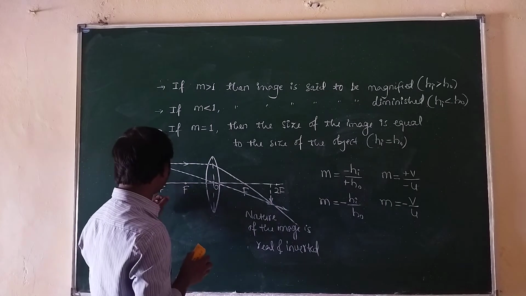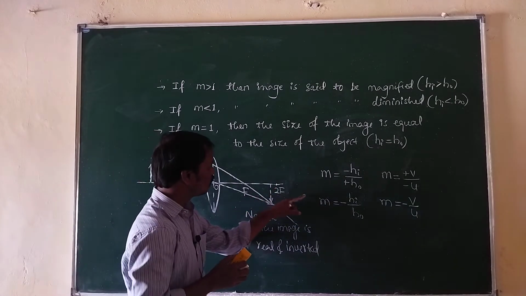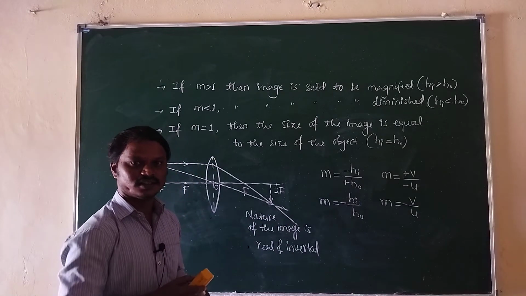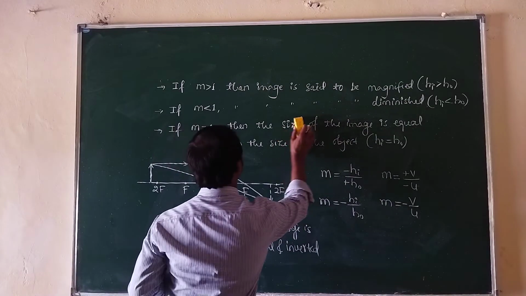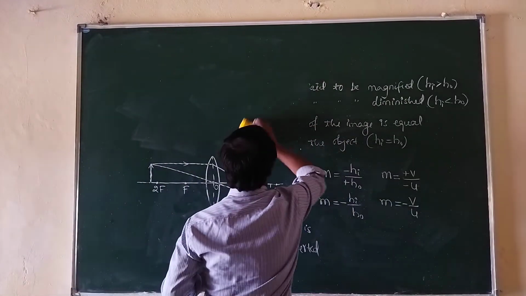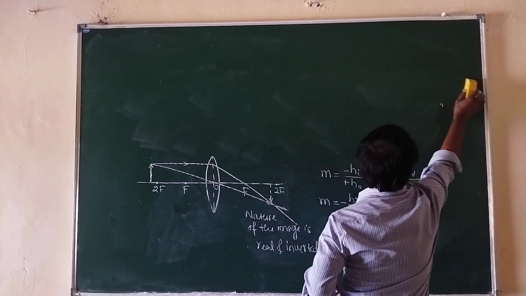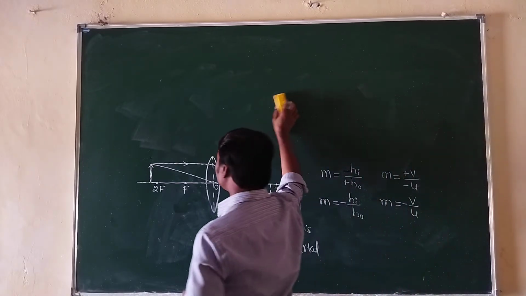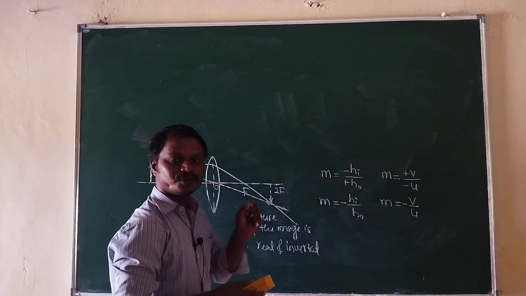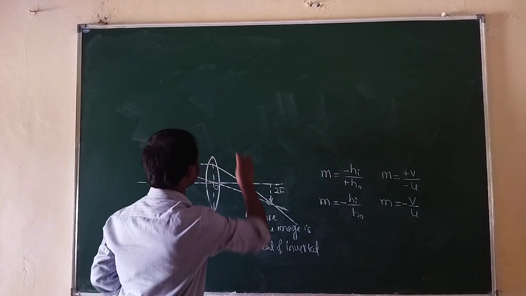Suppose the object is in between 2f and f, now where will its image be formed? Its image will be formed beyond 2f, and the nature of the image is real and inverted. Okay, and next one, when is the nature of the image formed by a convex lens virtual and erect? For what position of the object is the image formed by the convex lens virtual and erect? Only when the object lies in between focus and optical center.